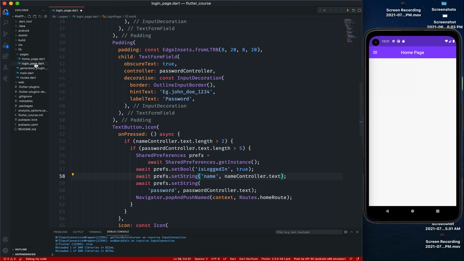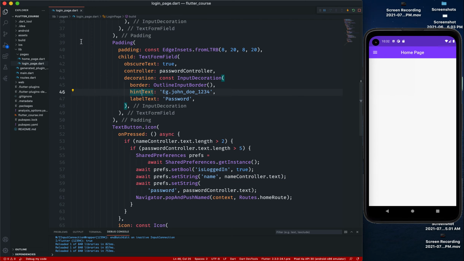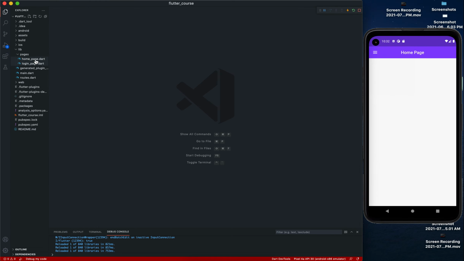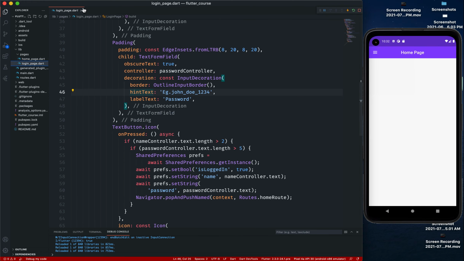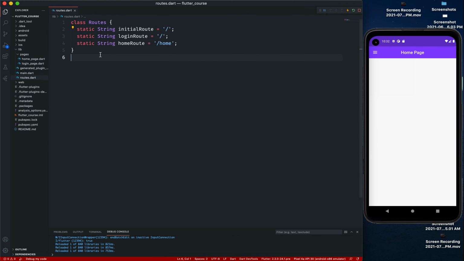Then what you can actually do is let's save that. Maybe come to the home page, and when he clicks the drawer, it says welcome, and you just get the name and display it. So for example, welcome coding 1101 or something like that, and you could do that. Then we can get these stuff. So in the routes,